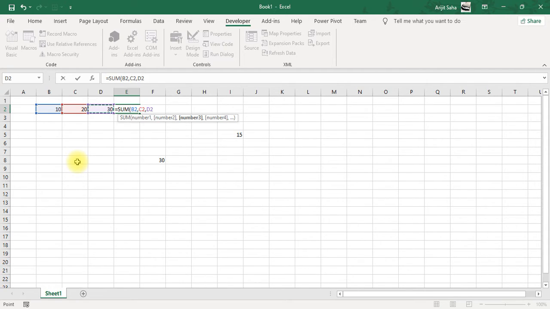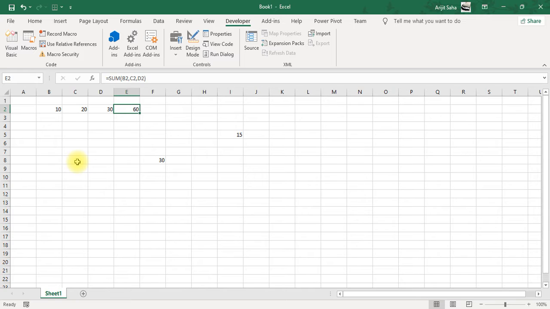So therefore we can send our own parameters, and by sending our own parameters we can easily check out what we want to do. So if I close this bracket and press enter, that means in the sum function I gave 3 parameters, and what were those parameters? Those were 3 cell addresses.